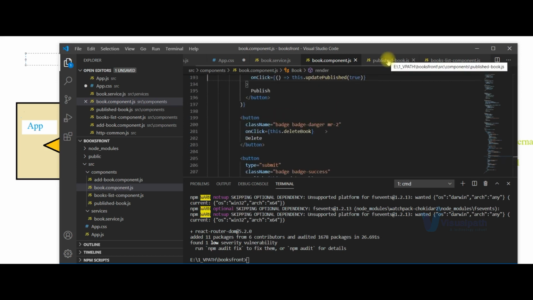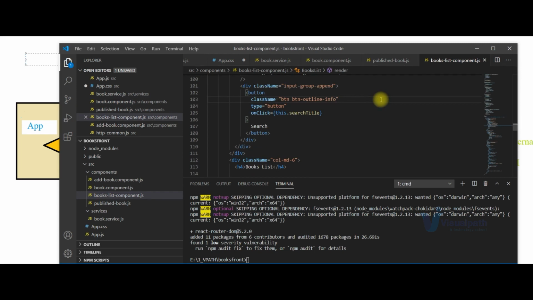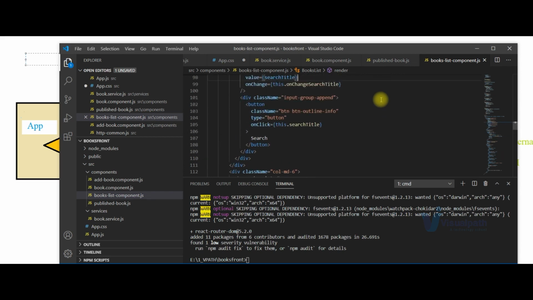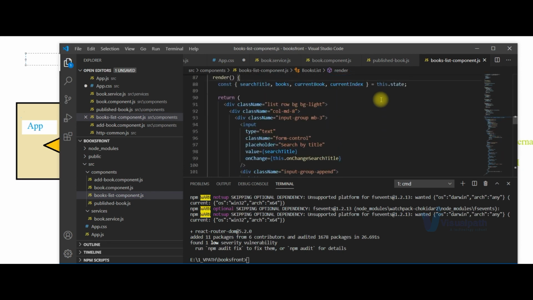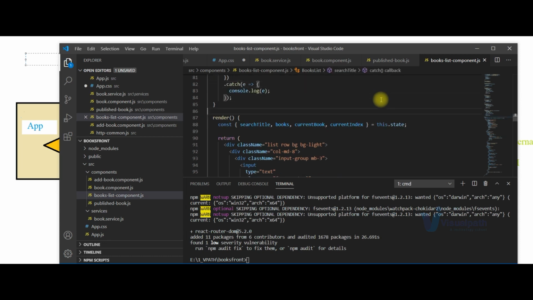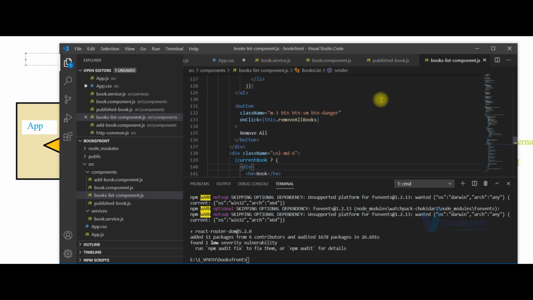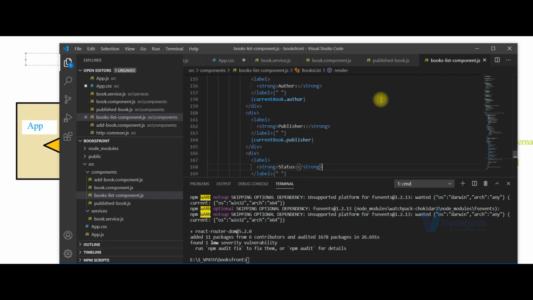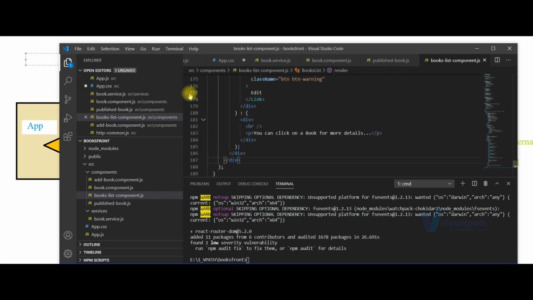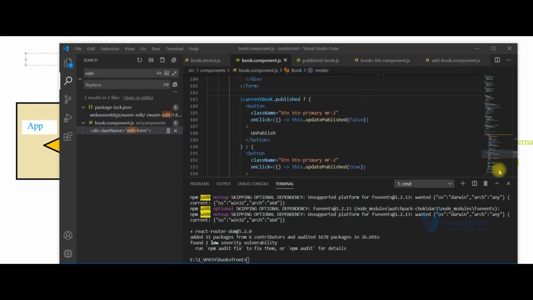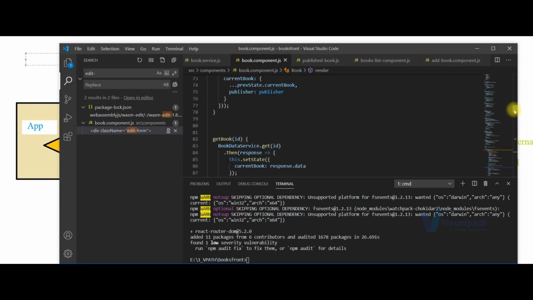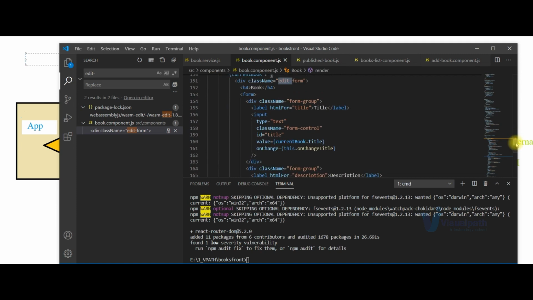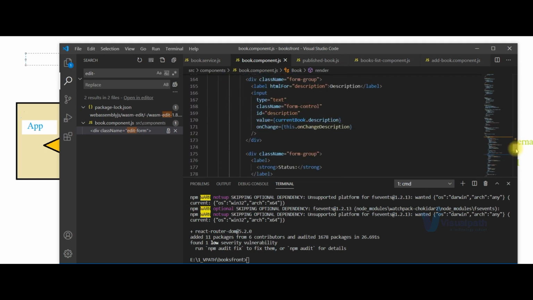Somewhere I gave update form. Yeah, here in the book component we have some names I gave to each form. Yeah, edit form is there in the book component here,